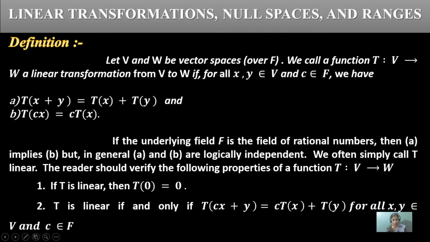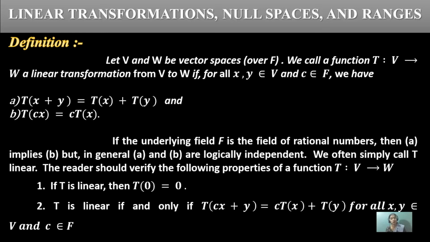What is the definition and statement of this? In a linear transformation, two vector spaces are involved, V and W, and both depend on the field F. For x, y elements of V and c an element of the field F, the first point is that T is linear if T of x plus y equals T of x plus T of y, in separated form. T of c x equals c times T of x, since c is a constant, so it comes out as a common factor and T is applied only to the variable.